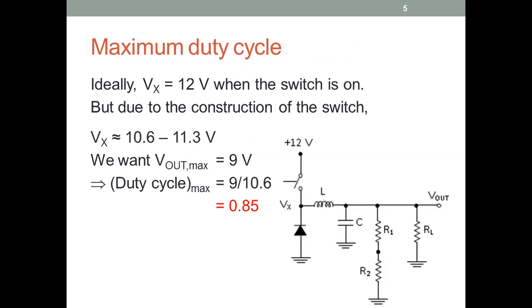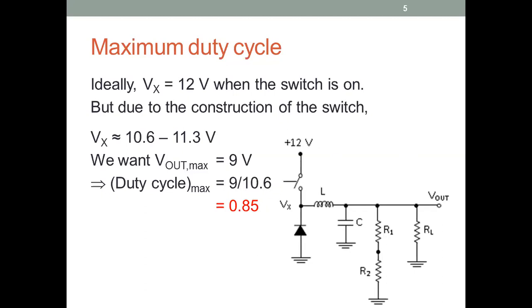Okay, let us look at the duty cycle now, which is going to affect the voltage levels. Here is what we had looked at in your first assignment, the circuit you had designed. The switch in that assignment was ideal. Now it turns out that in real life, and we'll discuss this in a couple of lectures ahead, this switch is not going to be ideal and the switch will have a voltage drop across it.